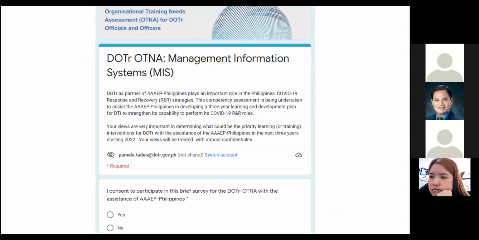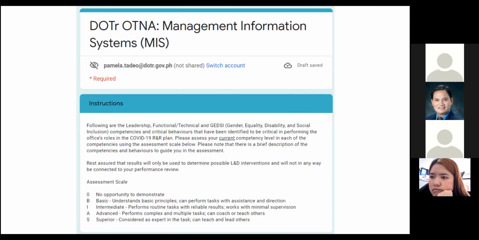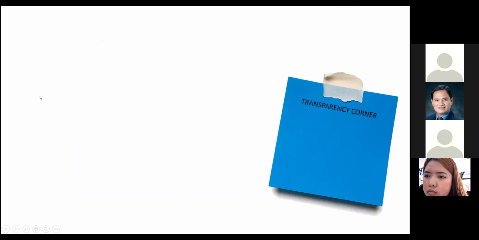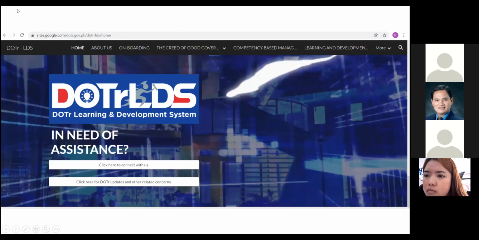Ito po more on the pandemic. So they are also assessing our competencies during response during pandemic. Okay, so they also have their scale measurement. And then Google form pa din. Technical functional competency. For the DOTR, this is the last na po. We have our